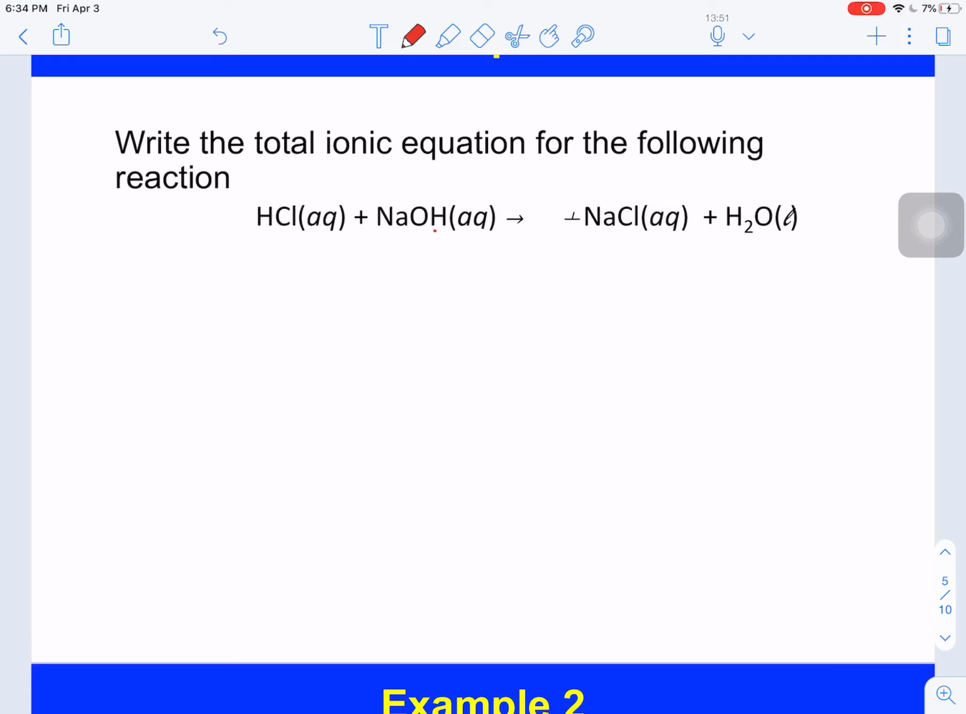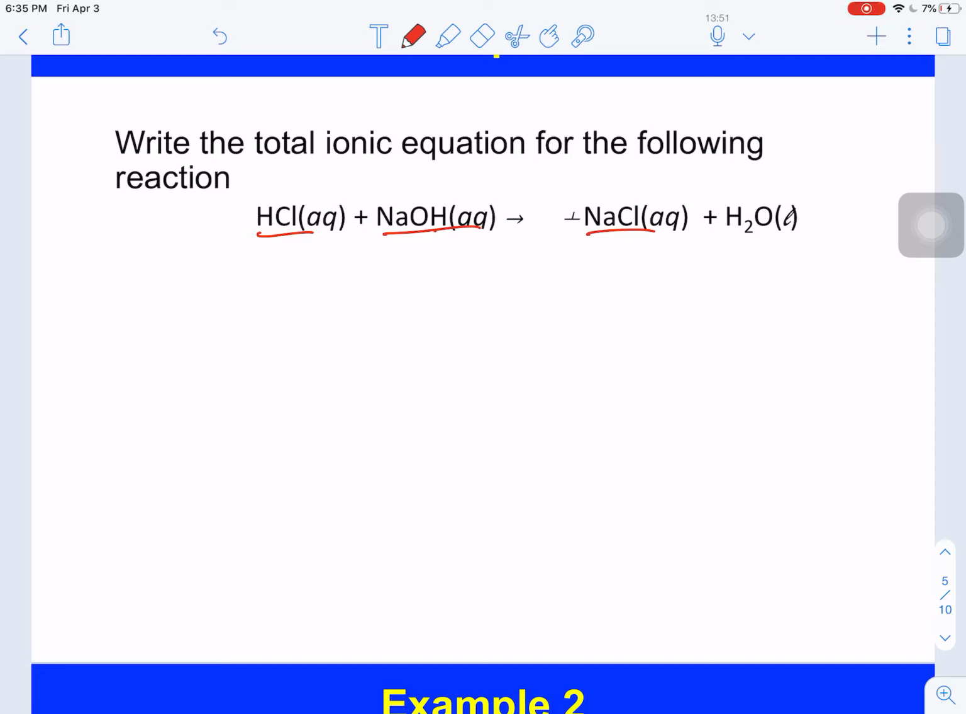So the first thing we always want to do when we have these molecular formulas or equations is make sure it's balanced. So take a couple seconds, make sure it's balanced. Okay, we'll come back. So it is balanced. So now what you have to do is separate each and every molecule that has the aqueous thing behind it into its separate